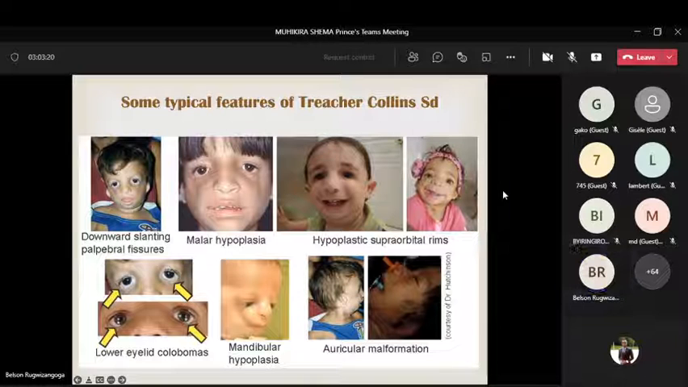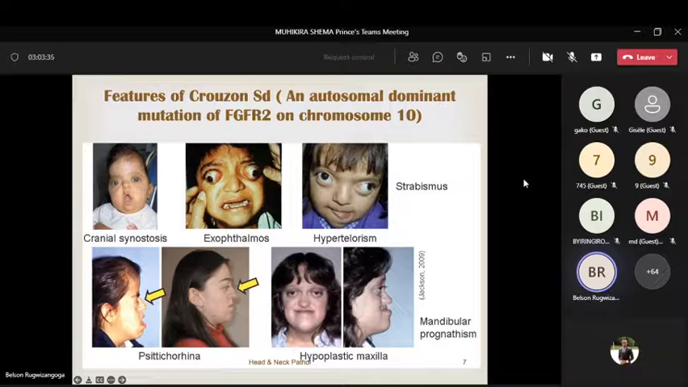So can you hear me now? Okay, so I had lost internet. Yes, so we were done with the Crouzon syndrome, problems especially with their eyes, how they look, and the small maxilla and the prominent